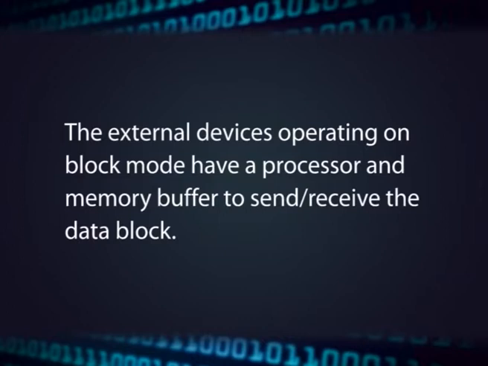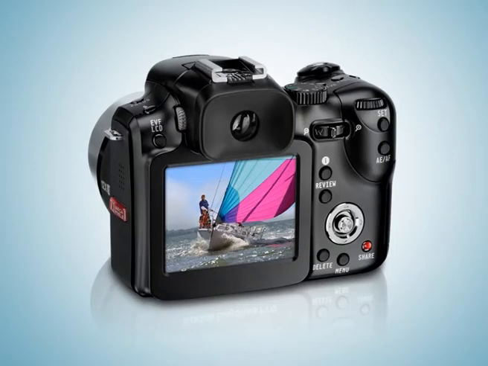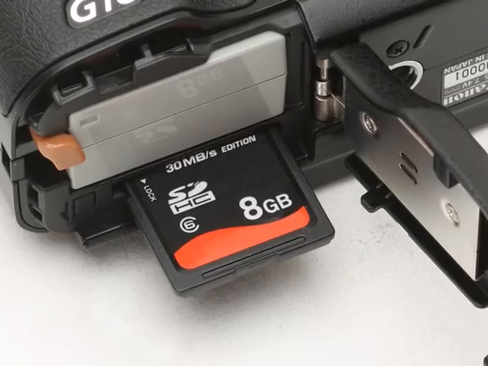Similarly, the block module performs the read or write operation in terms of blocks of data. The external devices operating in block mode have a processor and memory buffer to send and receive the data block. For example, take a digital camera. It can work in offline mode for taking pictures. The pictures so grabbed are stored in the SD card in compressed form and sometimes in the manufacturer's proprietary